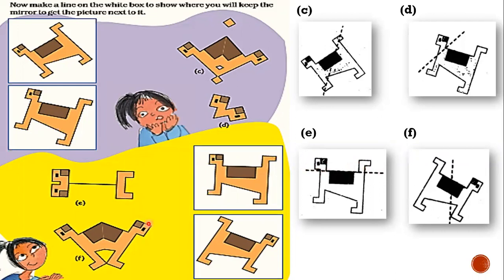And the next one is a figure of the dog, and our reflection gives such a figure. Here the exact half, we have to take the right side as in the question. The right side half is given in the question, and this is the reflection. So here we will keep the mirror along this line. See, this is the figure, and if we keep the mirror along this line, we will get a reflection as we can see in this figure.